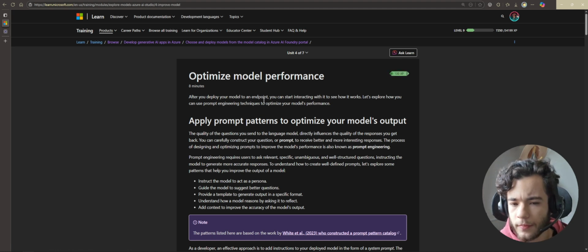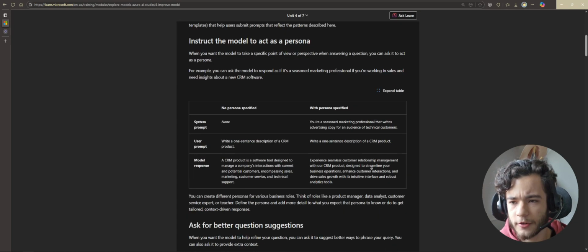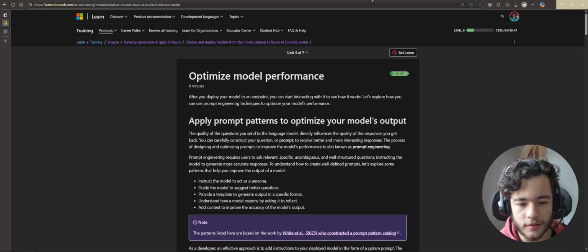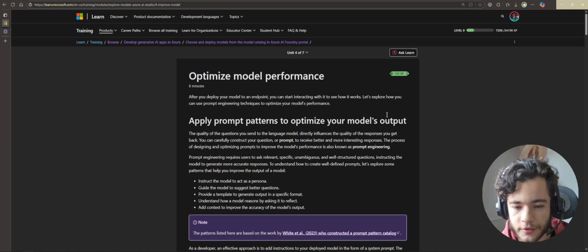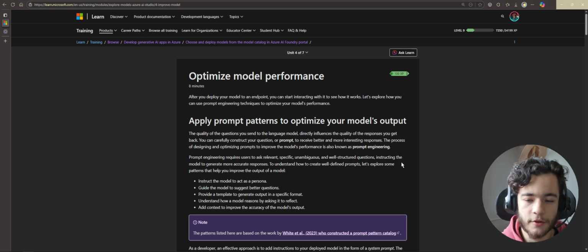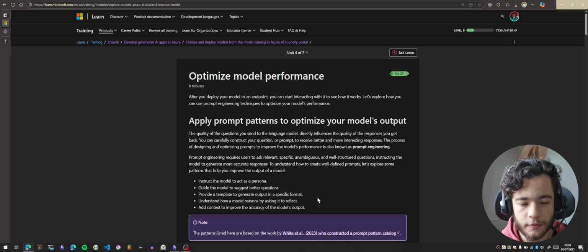Let's see how we can use prompt engineering techniques to optimize the model's performance. And this is a very long series of paragraphs here, but we are going to go through it together. So we can apply prompt patterns to optimize the model's output. So this goes a bit into the prompt engineering, which is